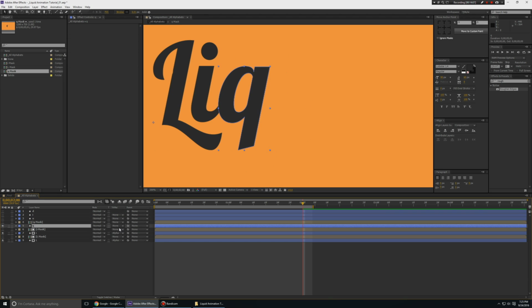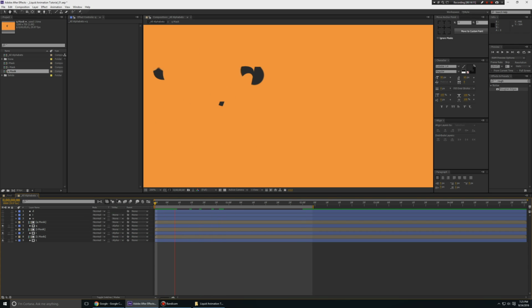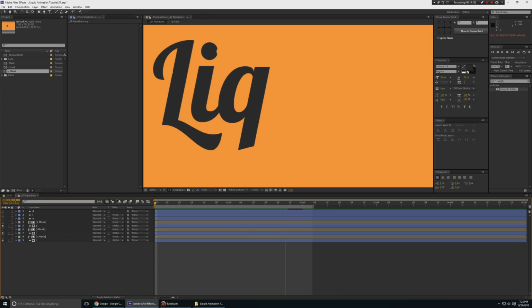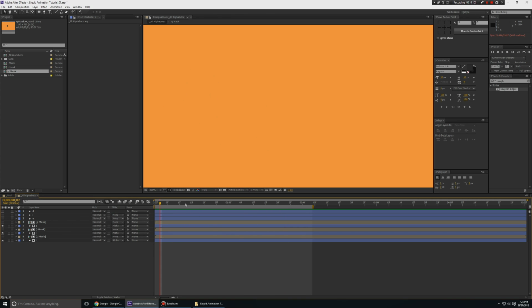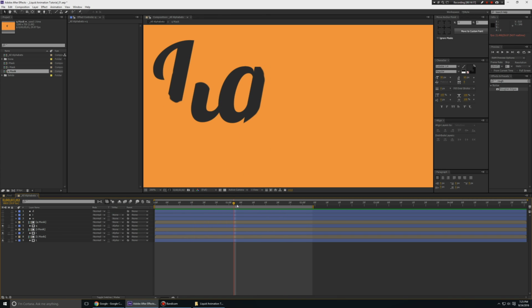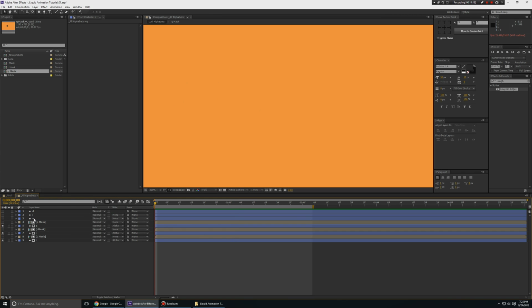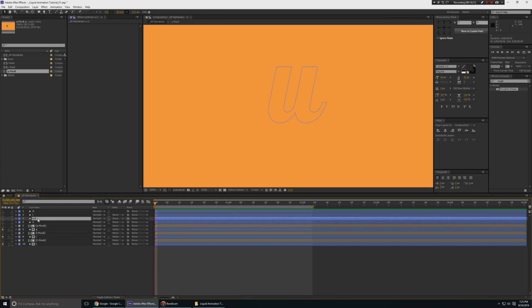Change this to alpha matte, play this, there you go. Animation is being done. Now there's a problem in the animation right now, I can see it, but I'm going to fix this later just to prove a point. Anyways, let's move on. Duplicate the shape layer,